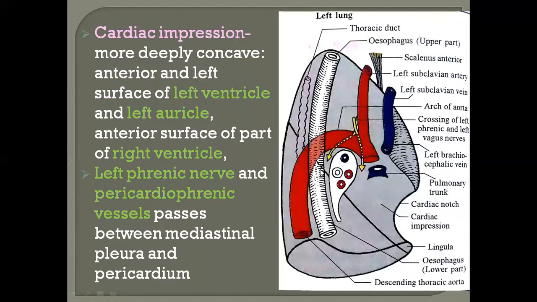Now coming to the left lung. Left lung, I told you in the anterior border we have the cardiac notch, and this is the posterior border. The medial surface has been subdivided into the vertebral surface and the mediastinal surface. Let us see the impressions on the mediastinal surface. Because it is the left lung, we will see the left atrium and left ventricle impression. Then we have the arch of aorta, then left subclavian artery, then the impression of the trachea, esophagus, thoracic duct, left phrenic nerve, left vagus nerve, all these in pulmonary trunk, and left subclavian vein.